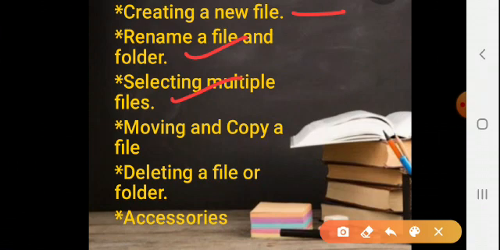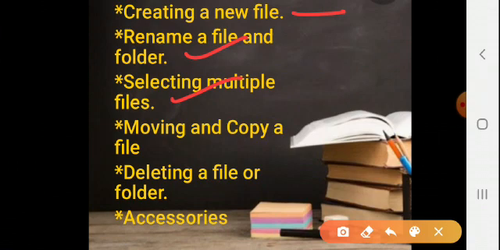Next, right click we have to do, and for moving, first of all we have to click on the cut option, and for copying we have to click on the copy option. Then third step, select a new location where we have to move, and double click on that, and in this copying also. Then fourth, right click the mouse and click the paste option.